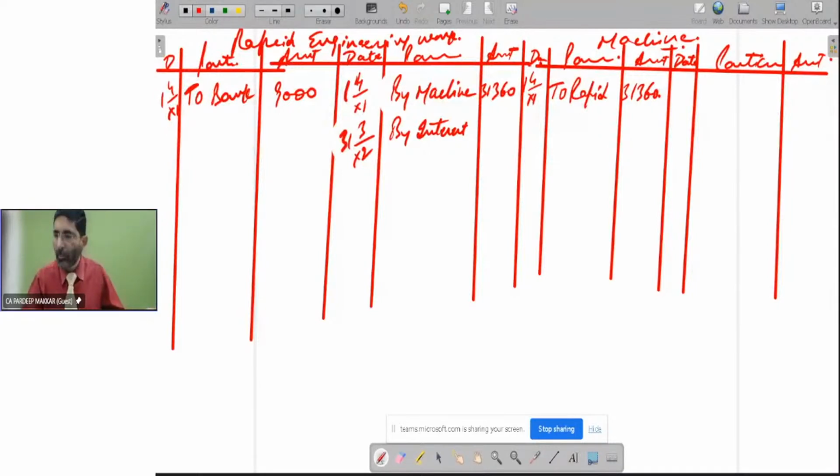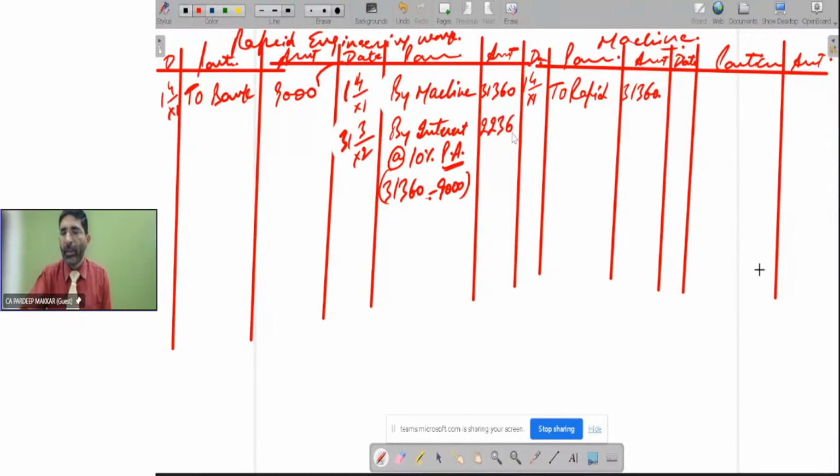So in this case, interest will be charged for the full year at the rate of 10% per annum that is given to you. On which amount it will be charged? It will be charged on 31,360 minus 9,000 that has already been paid, beta. So the down payment of rupees 9,000 is paid, so that will be deducted out of it. And on the remaining amount, you have to calculate the interest at the rate of 10%. It is 22,360. So the interest